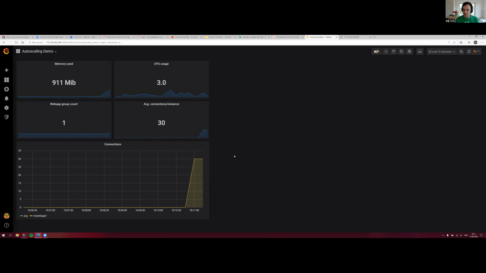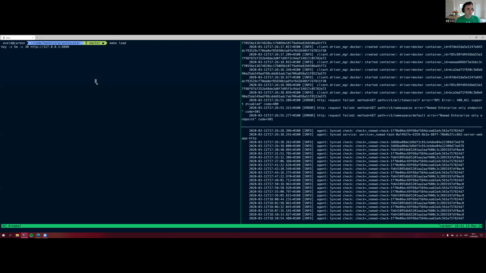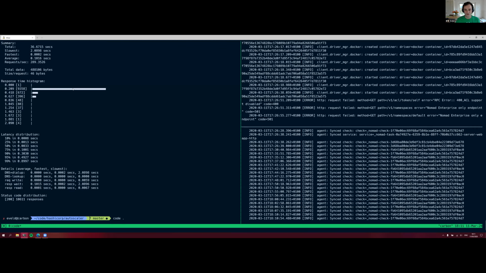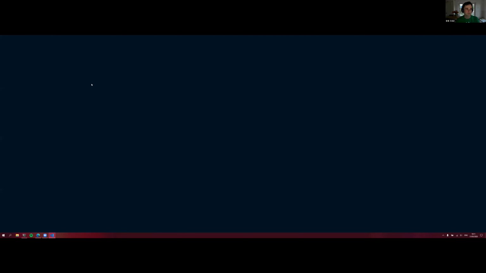Well, as long as web can handle that and performance is fine, we don't have any issues, but ideally we'd want to scale up in order to react to this. So let me stop this, all right? And let me show you how we're going to change our jobs to actually react to this.